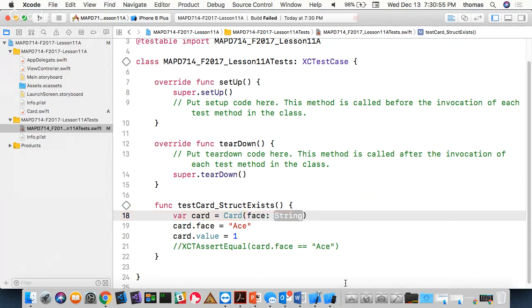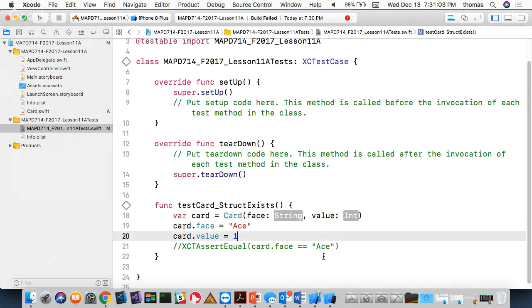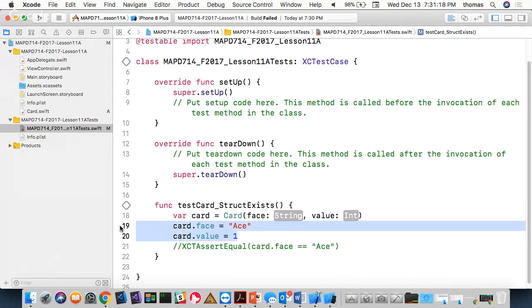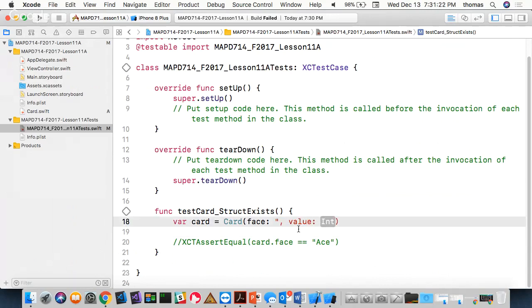It looks like this. All right, but hold on a second. It says missing argument value. It means we have to do one of these. Is there some kind of initializer like this? Did we make an initializer for our struct? Did we? No. But this is the way things work differently here,